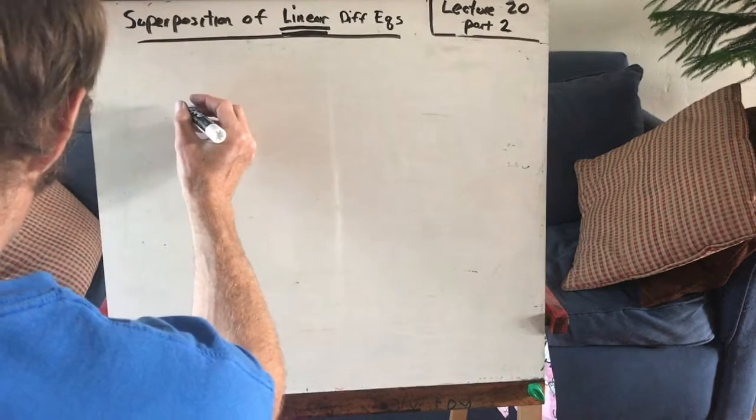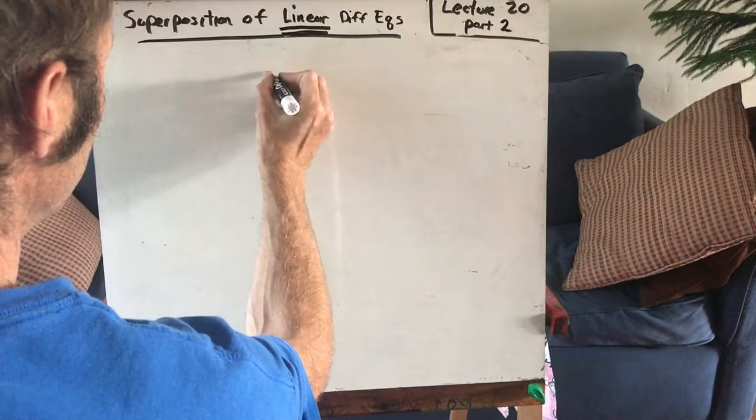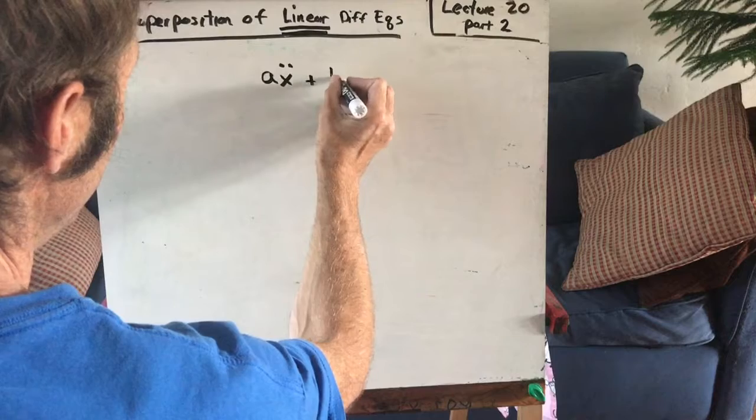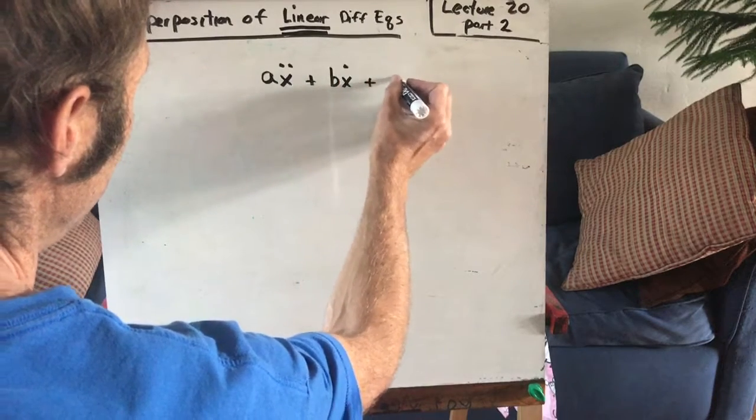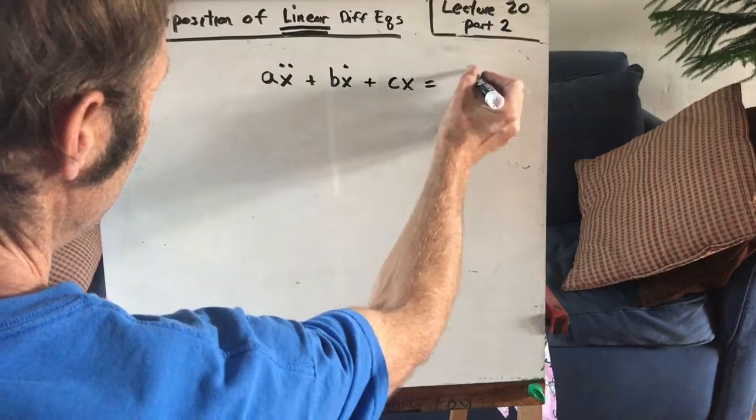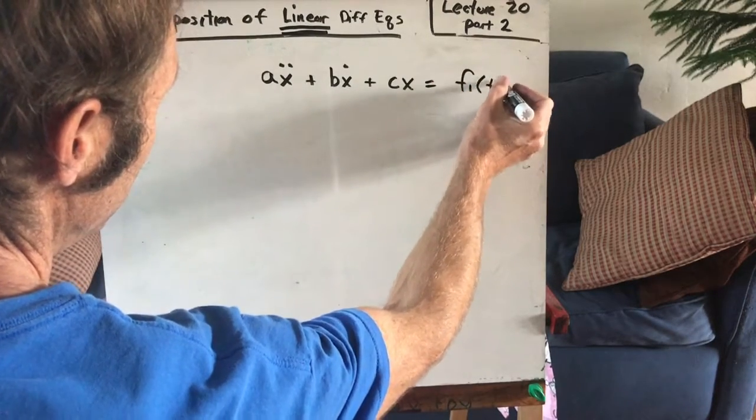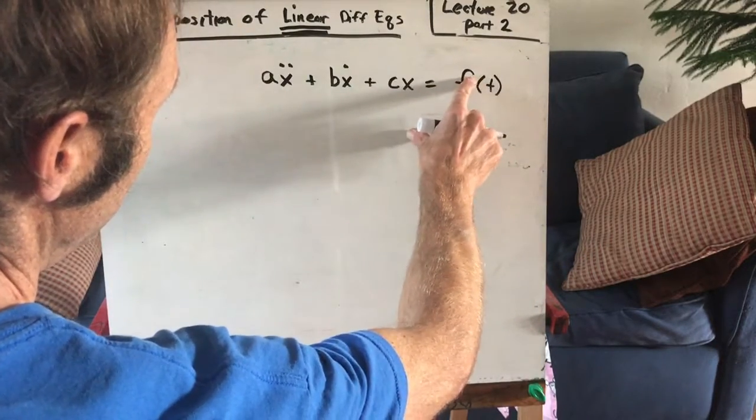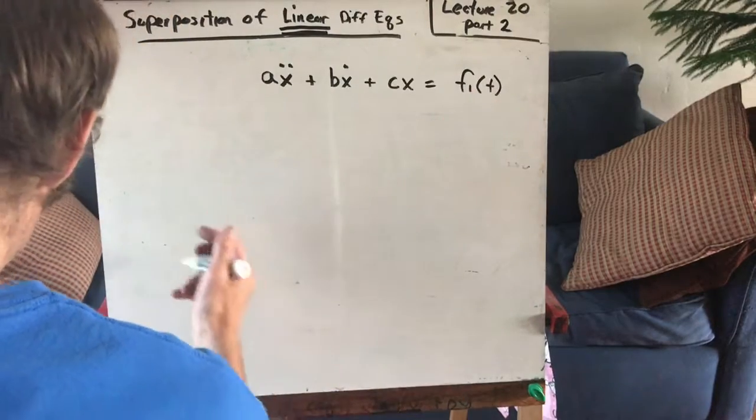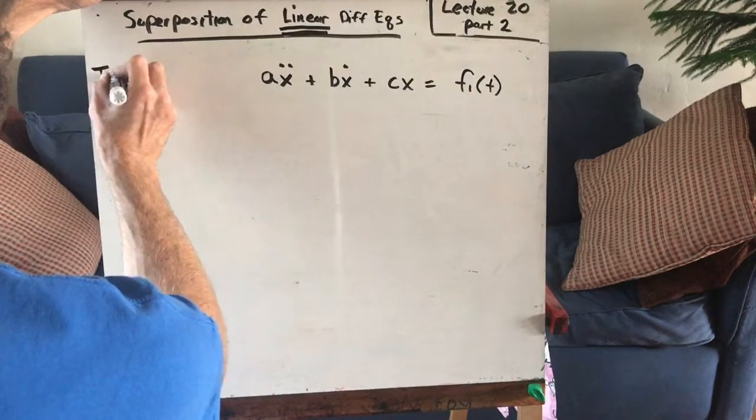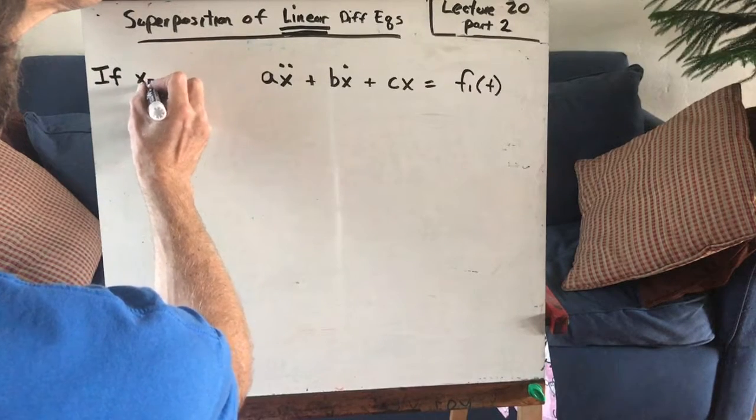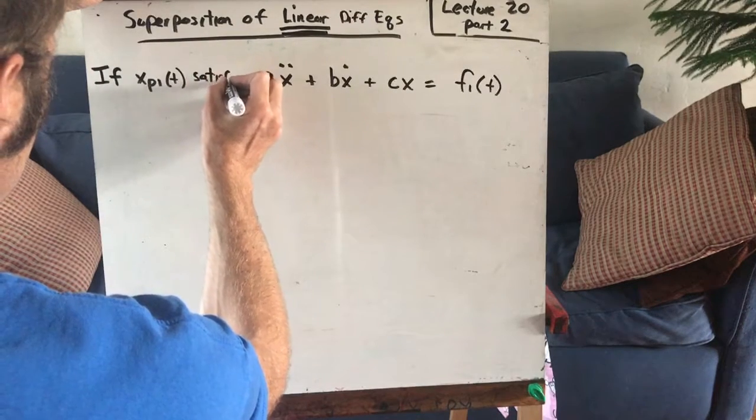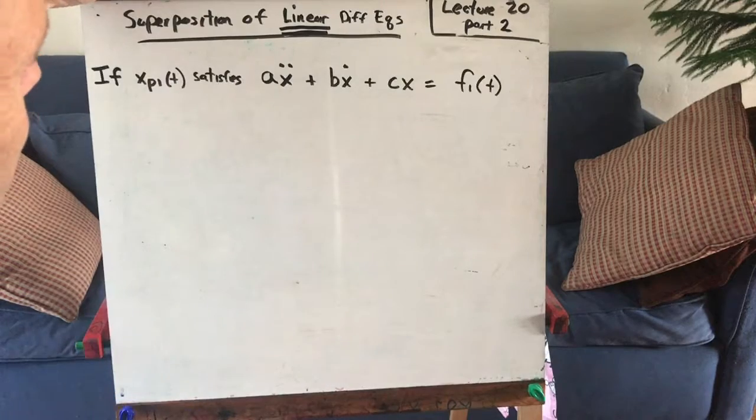Basically, if you have a differential equation that looks like a x double dot plus b x dot plus c x equals f1 of t. Not talking m's, k's, and c's here, but just any constants a, b, and c. And this is a forcing function. If you can find a particular solution to this one, call it xp1 of t, that satisfies that differential equation,